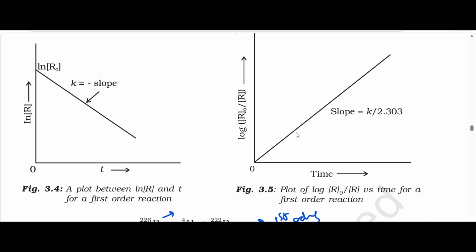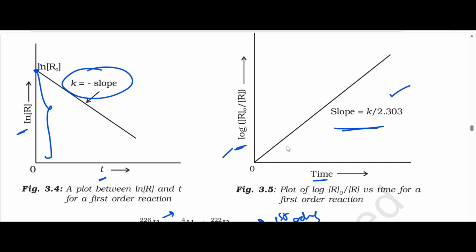What would be the slope if we draw a graph between ln r versus t, and log r naught by r versus time? Clear? So just now we have seen the log r naught by r versus time; the slope will be k by 2.303. And if you draw between ln r versus t, the slope will be negative with an intercept. Clear? So these are very important graphs you need to learn. What would be the graph or what would be the slope, they will ask. Clear? Now next we can also observe about the